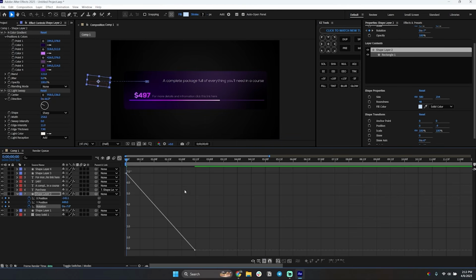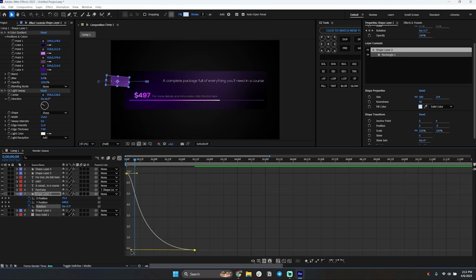Make sure you're using the value graph, and then we're going to select both of these and just click on F9. So we're going to select the rotation. We're going to select our first keyframe here. Make sure it starts quick by moving this back and ends slow by moving this thing back. Now we also do want to do the same thing again, and we do want to overshoot it. So we're going to select the second keyframe and we're going to move this back like so until it overshoots